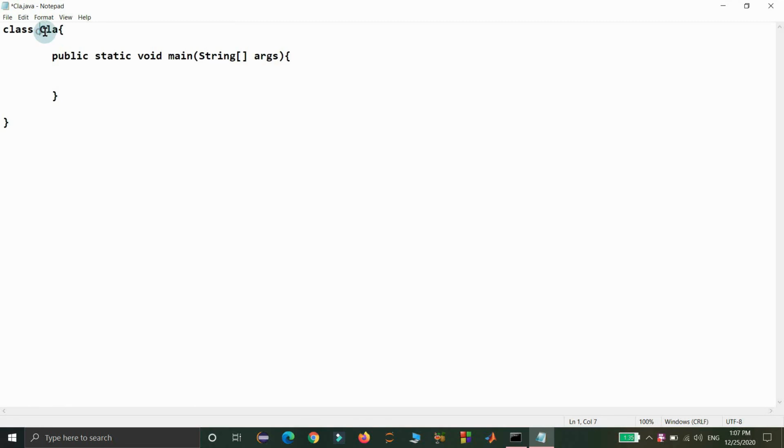Here our class is CLA, in which I have defined the main method, where args is nothing but an array of strings which holds the input command line arguments. Then I am going to display the total number of command line arguments that the args variable is taking. Since args is an array, we can get the length of that array by using its length attribute. Then I am going to save it.